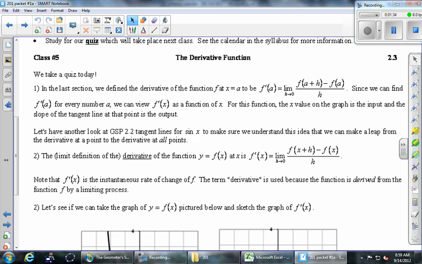Last class, you guys did this mantra chanting thing. It actually was kind of weird from my perspective to see you doing it, but what is the derivative? Slope of, that was not mantra enough. What is the derivative? The slope of the tangent line. It is a number. It is the slope of a tangent line. That crazy looking formula is just the slope of a tangent line. Go ahead, Richard.